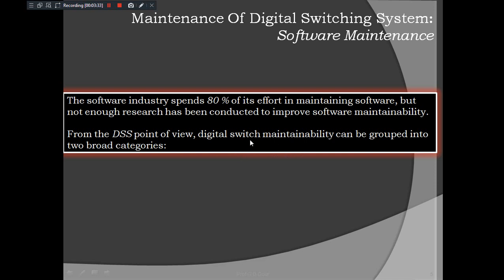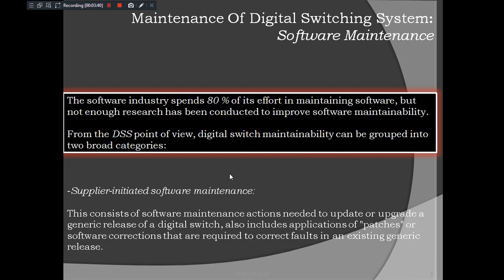As far as maintenance is concerned, this can be grouped into two broad categories. The maintenance may be supplier initiated. For example, if you purchase something, there will be suppliers who provide you something along with the system or device. Normally it consists of software maintenance actions